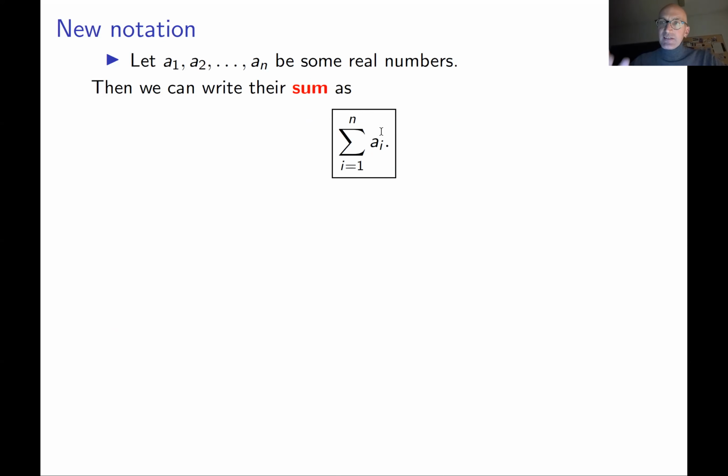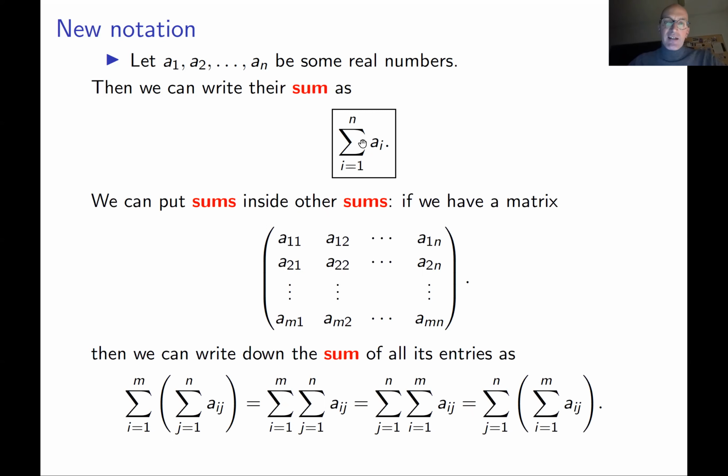Let's illustrate it by an example with one matrix. If we take an m times n matrix, we can consider the sum of all its elements. We can compute the sum in two different ways. First, we can add all elements in each row, and then take the resulting sums and add them together, and we get the sum of all elements of the matrix. Or we can first take the sum of all elements in each column and then add the resulting sums together. Of course, we're going to get the same number.